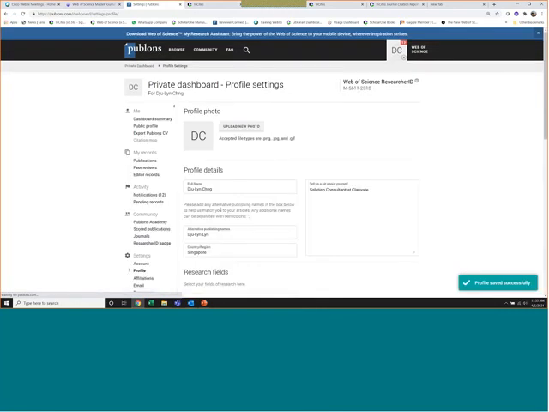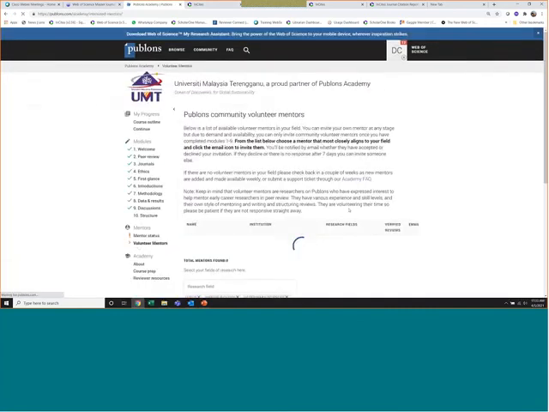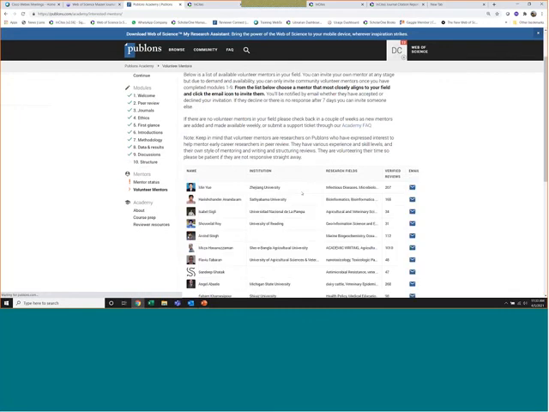So once you have done this, when you go into Publons Academy and you look for your volunteer mentors, this list will be based on what you have indicated, and then immediately you can send an email to them to invite them to be your mentor.